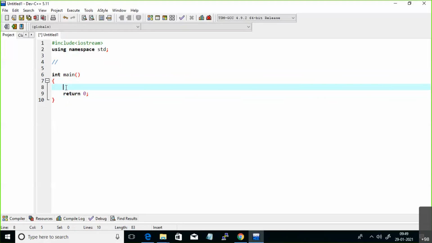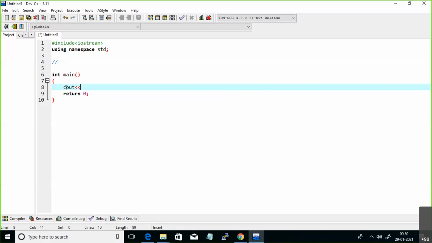Can anyone say that statement? How can I print hello CSC in the output? By using cout, the cout object. I'm saying cout is one object. We will talk about this in the 4th unit once again in iostream. This is one object used to print some message in the output, to print some variables on the output screen.